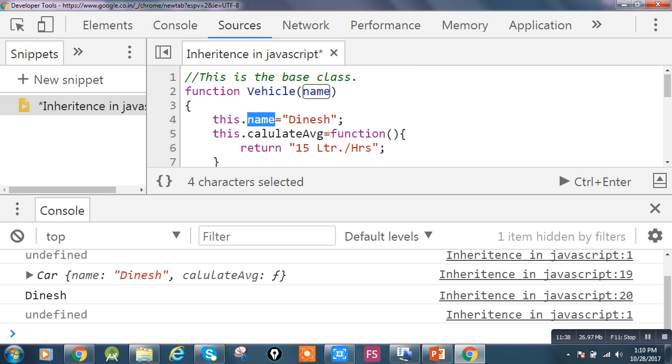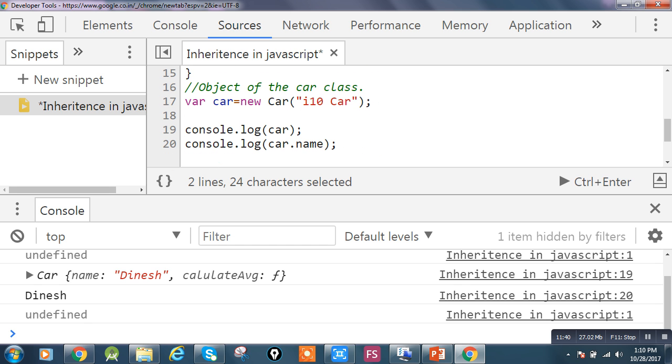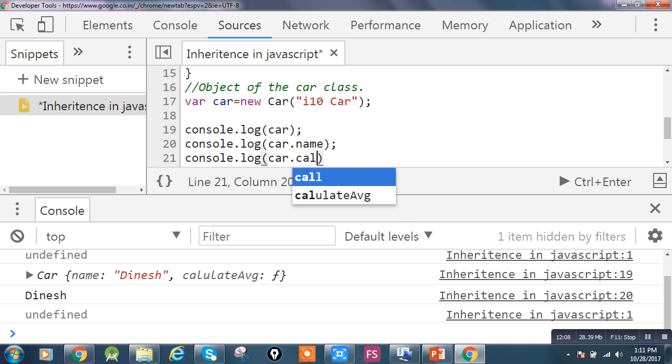So let's try to access the function of the car class. Since the car class is inheriting the vehicle class, definitely we will get the function inside the child class. So you can just call that method. You can see here IntelliSense is showing the function to you, so you just need to put it here.